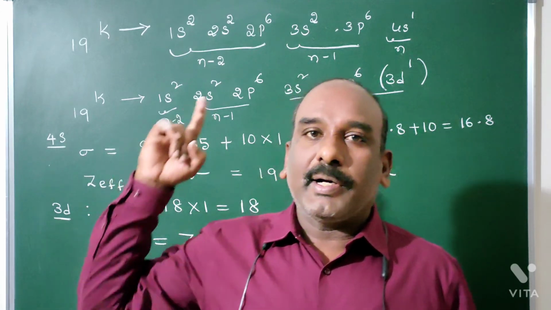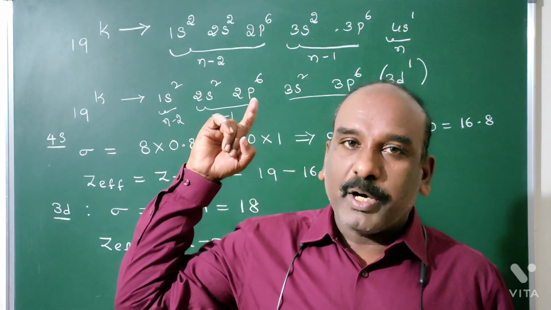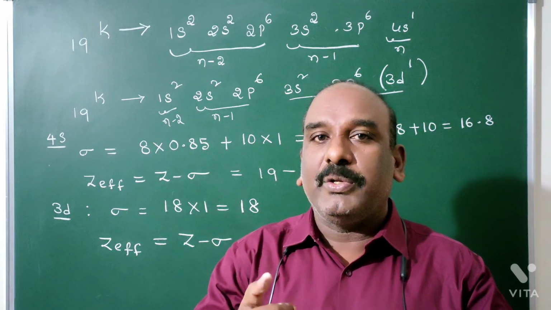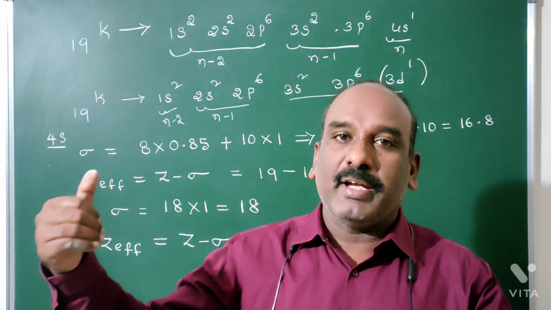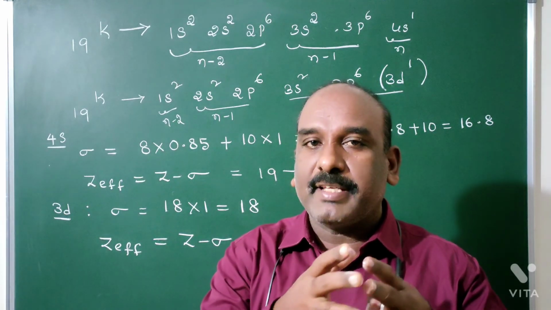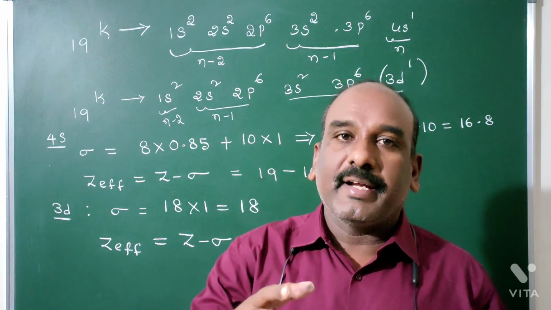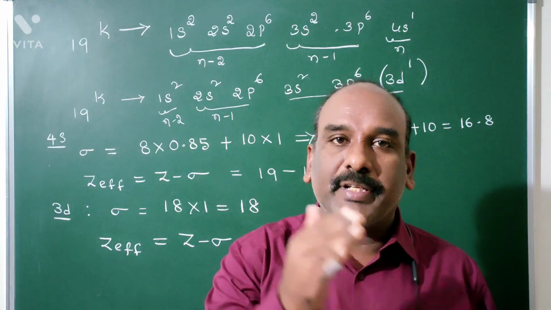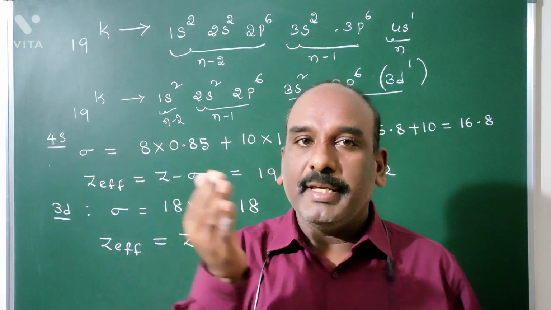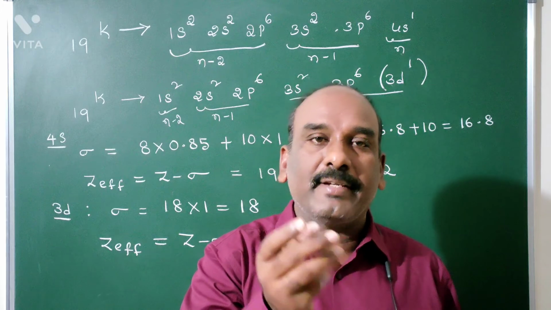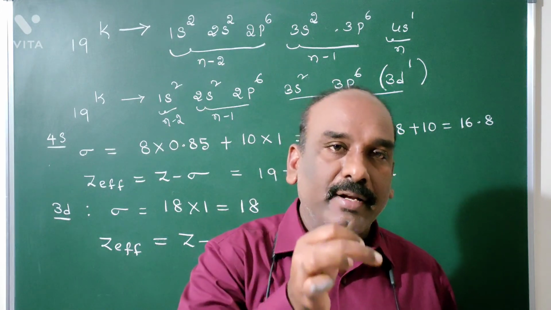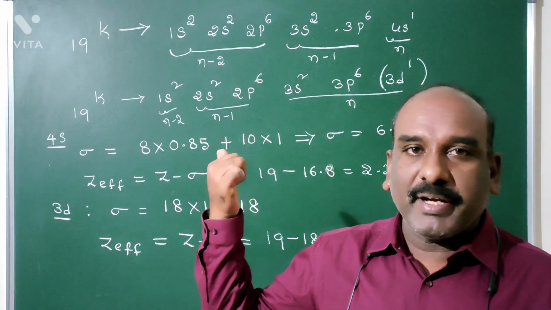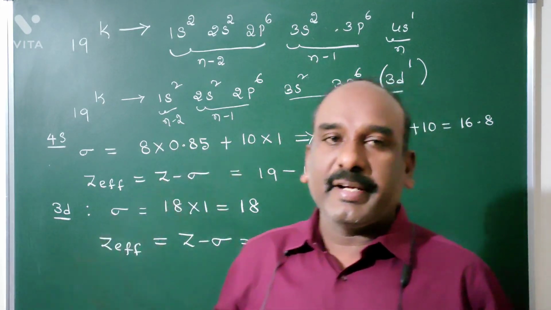We know that according to the Aufbau principle, we consider the n plus l value for the 4s electron and for the 3d electron. For the 4s electron, the n plus l value is 4. For the 3d electron, the n plus l value is 5. For the 4s electron, the n plus l value is less; for the 3d electron, it is more. Since the n plus l value is less, the differentiating electron is entered in the 4s subshell according to the Aufbau principle. But according to the shielding effect or screening effect, this is the reason.